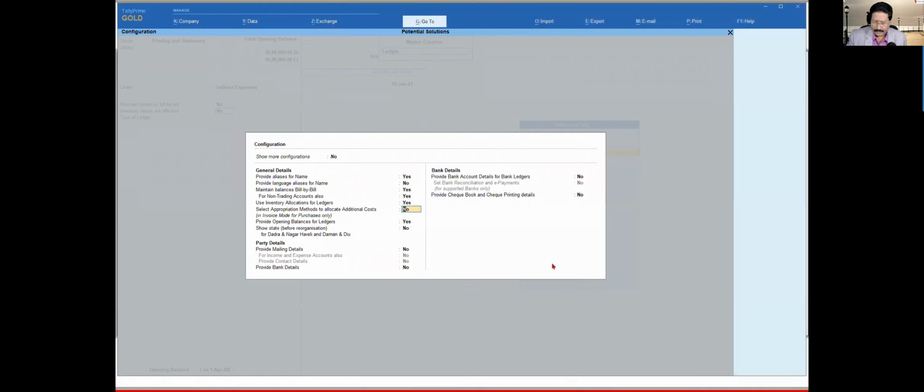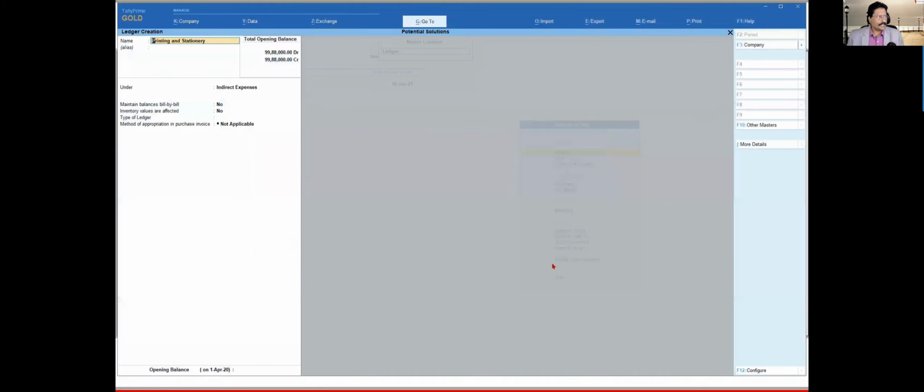Click here and say I want this as yes. Okay, Control A. And let us say that I want to create a ledger called freight charges. All the freight charges that I'm incurring on my inward supply or on my purchases, I want to appropriate to those inventory values.